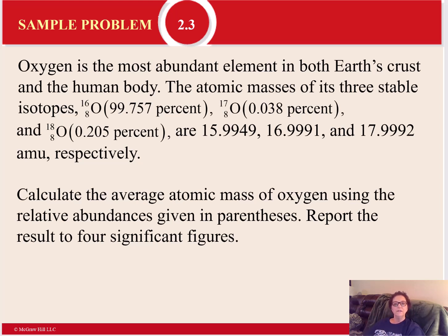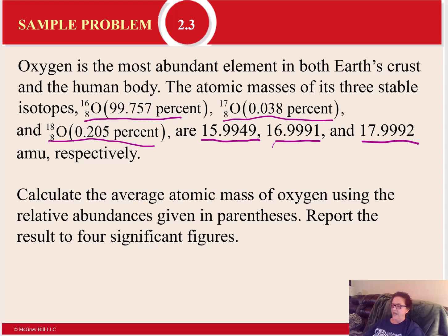Oxygen is the most abundant element in both the Earth's crust and the human body, which is why we look at it a lot, and it's involved in a lot of reactions. Its 3 stable isotopes are oxygen 16 at 99.757%, oxygen 17 at 0.038%, and oxygen 18 at 0.205%. As measured by the mass spectrometer, the 16 one is 15.9949, the 17 one is 16.9991, and the 18 one, at 0.205%, is